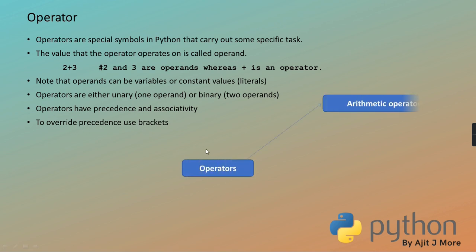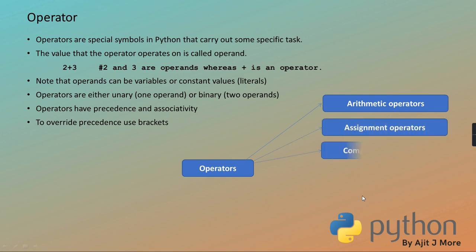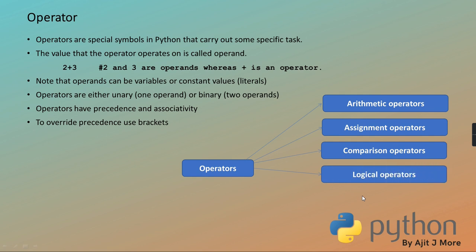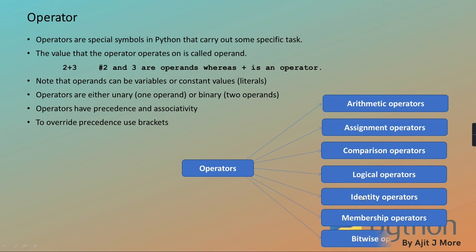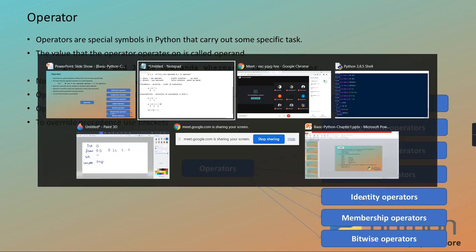Quickly, I'll just give you the list of operators which Python provides, and in the next session we will start discussing all these operators one by one. First is the arithmetic operator, assignment operator, comparison operator, logical operator, identity operator, membership operator, and last, the bitwise operator. All these operators we will be discussing in the coming sessions, one by one. Once this is over, our first chapter will be over. So any queries, doubts?